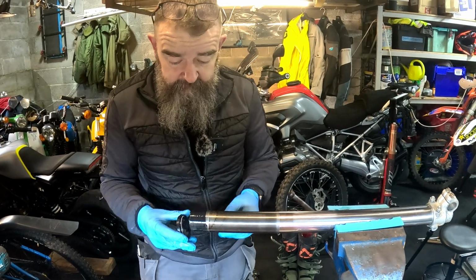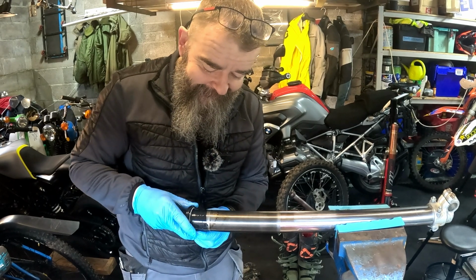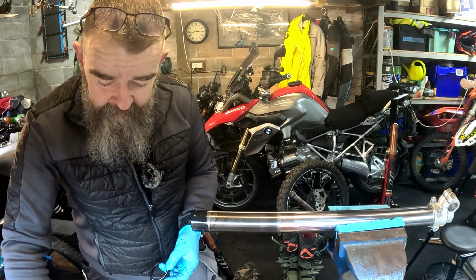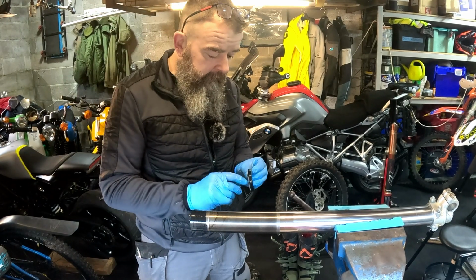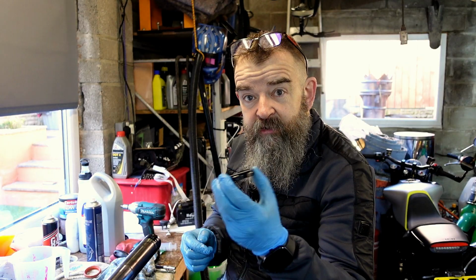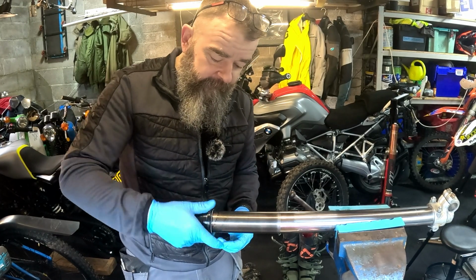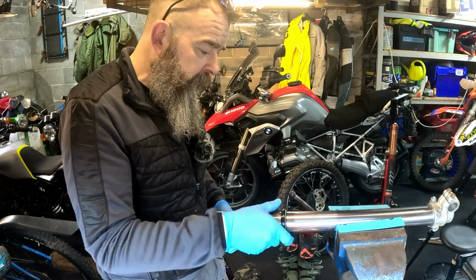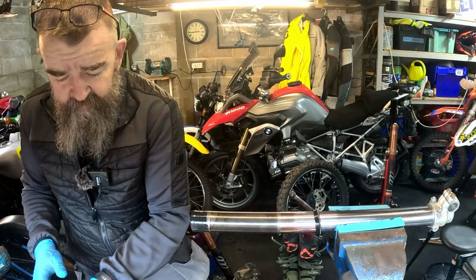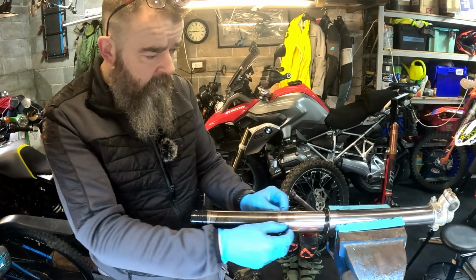So dust seal on first. Dust seals usually go on easier than the main seal. Just 1 second, forgot. This kit comes with a bit of grease. As I say, don't go in dry, just grease that seal up and then slide him on. As you go on, turn it, don't just go up and down first go, just turn him so you don't end up damaging it. Snap ring,